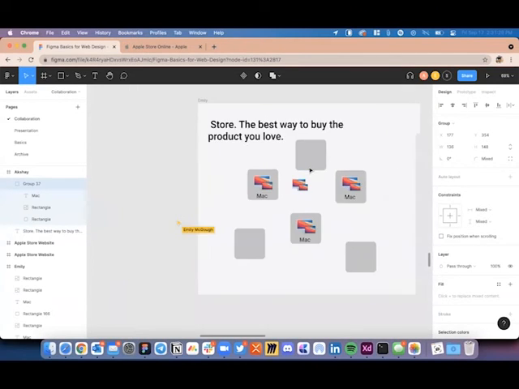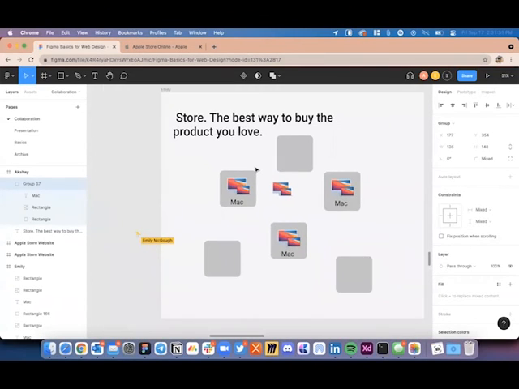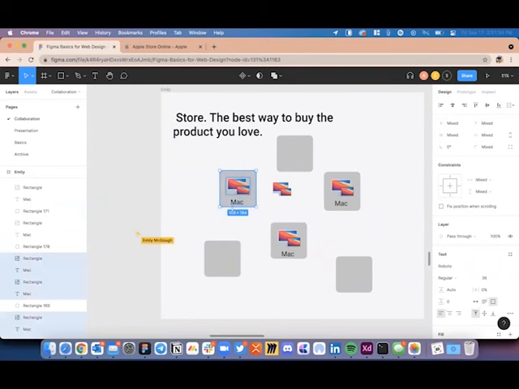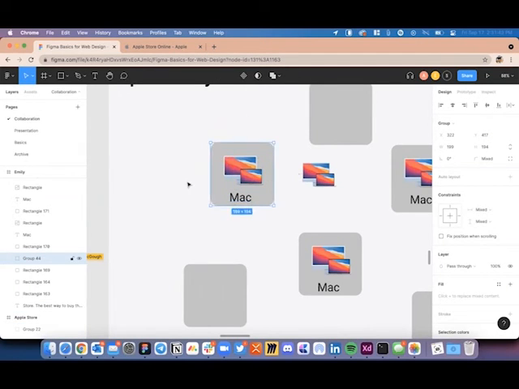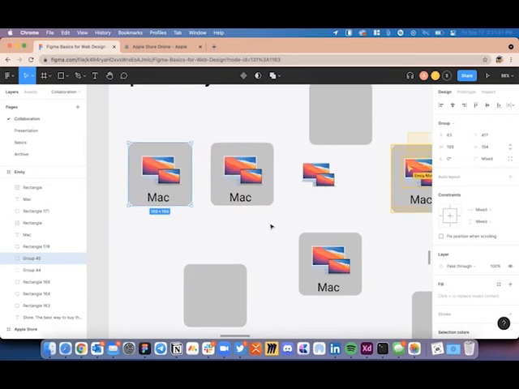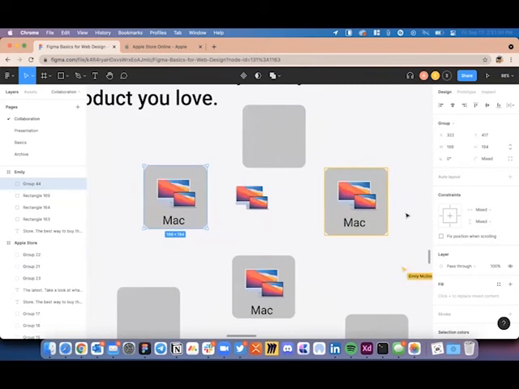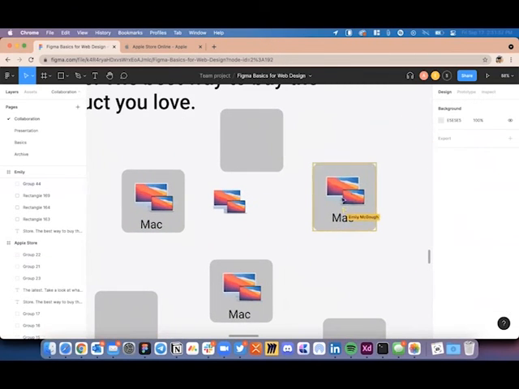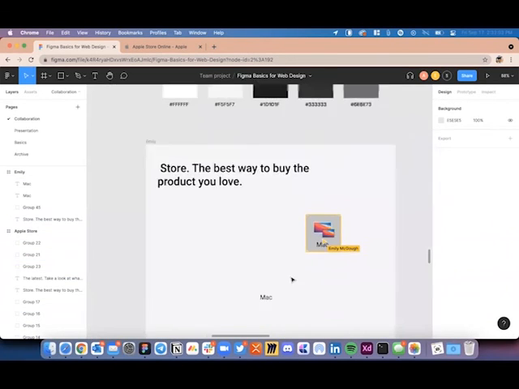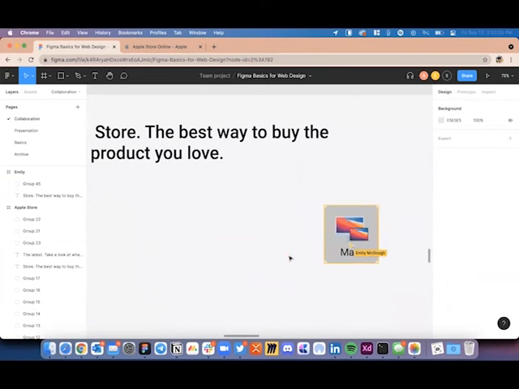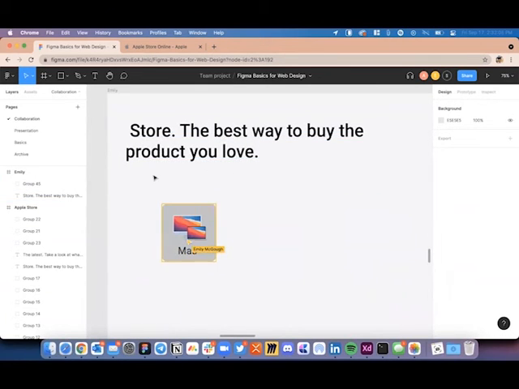The first thing that we'll need to do is select the text, the image, and the rounded rectangle, all three of them, and then press Command G or Control G so that it creates a group like this. So whenever we're moving it or duplicating it, it will duplicate entirely as a group. Emily, this is the grouped element you have created. I'm going to delete the rest of them because we won't need those. And Emily, you can go ahead and drag and drop it to the left side over here.